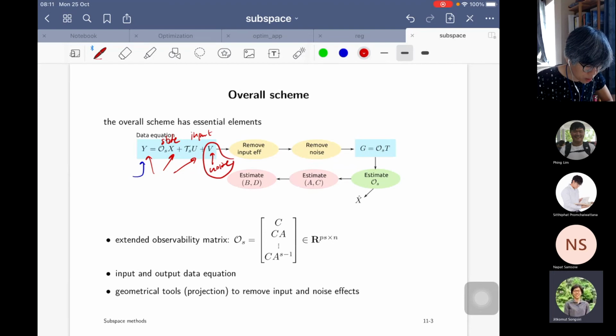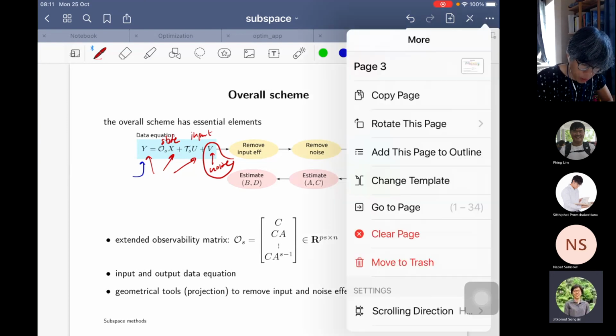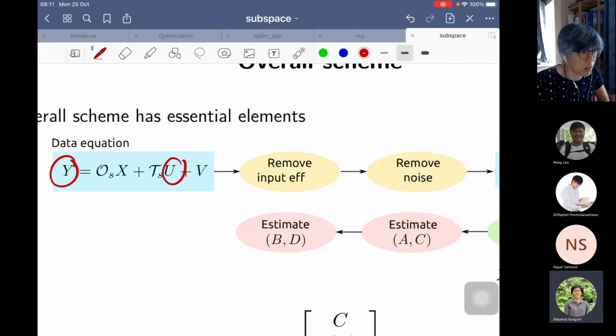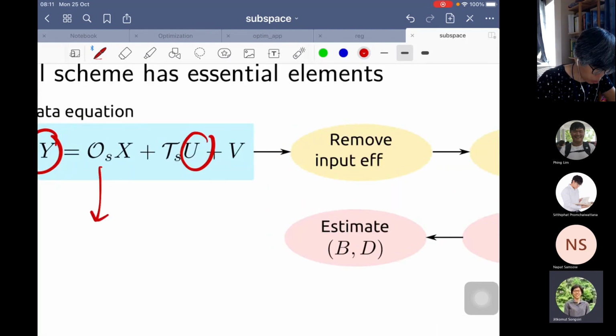The concept of estimating these system parameters starts with removing the effect from the input. We're going to take a look at the data equation. What we see here is that you only have the information about u and y, the time series data. But then what are the system parameters hidden in here? We will show you the data equation in detail later, but what we can say right now is that